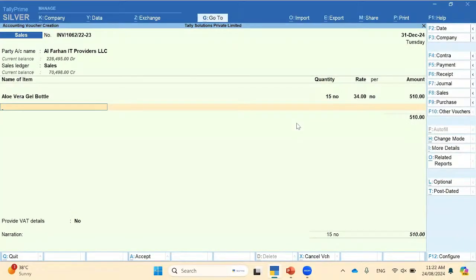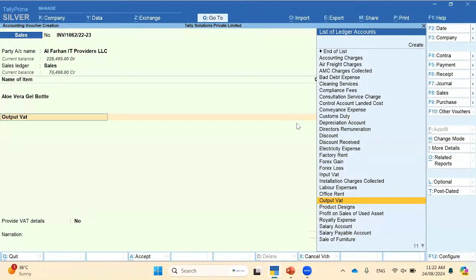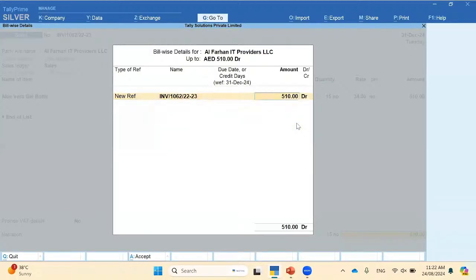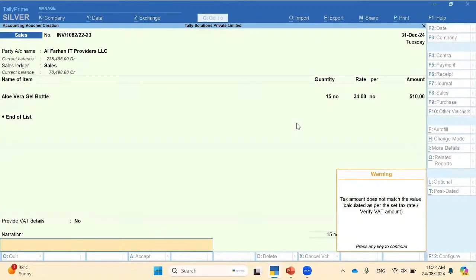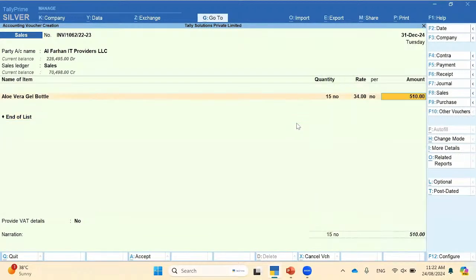5% VAT is applicable. And here I'll add output VAT. Automatically the 5% VAT is charged. If in case you forget to charge VAT in this particular entry, while you're trying to accept the transaction, Tally will identify that as per the law and as per the configuration, you're not recording a proper VAT entry. So automatically you'll get a pop-up in Tally saying that the tax amount doesn't match with the value. The user can immediately get an alert and re-verify the transaction whether it is recorded properly or